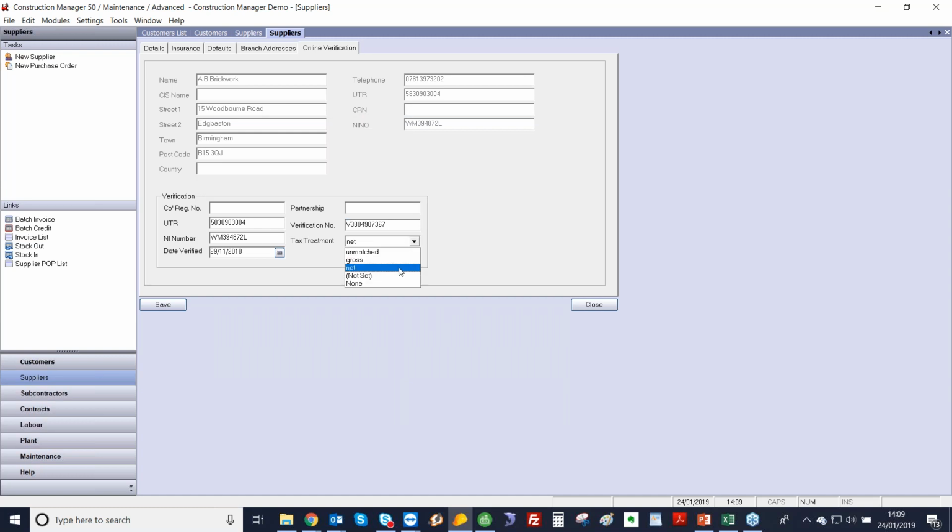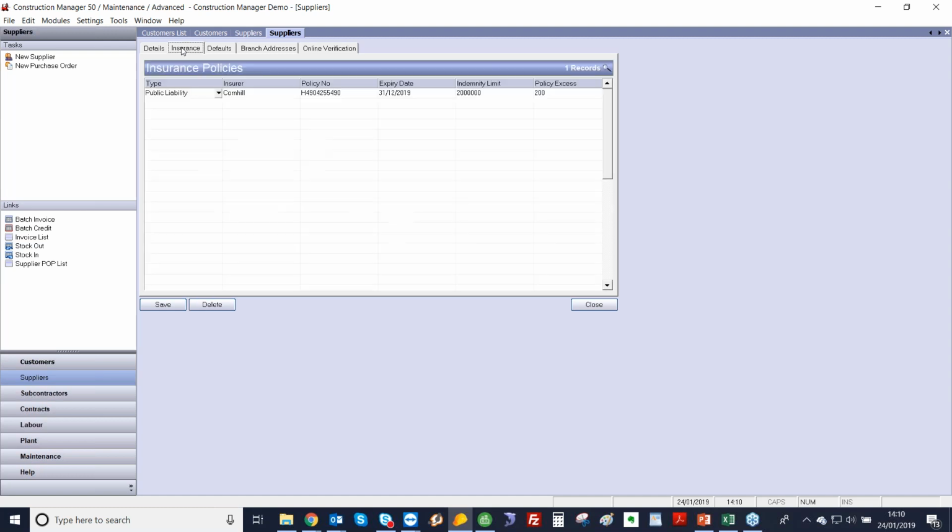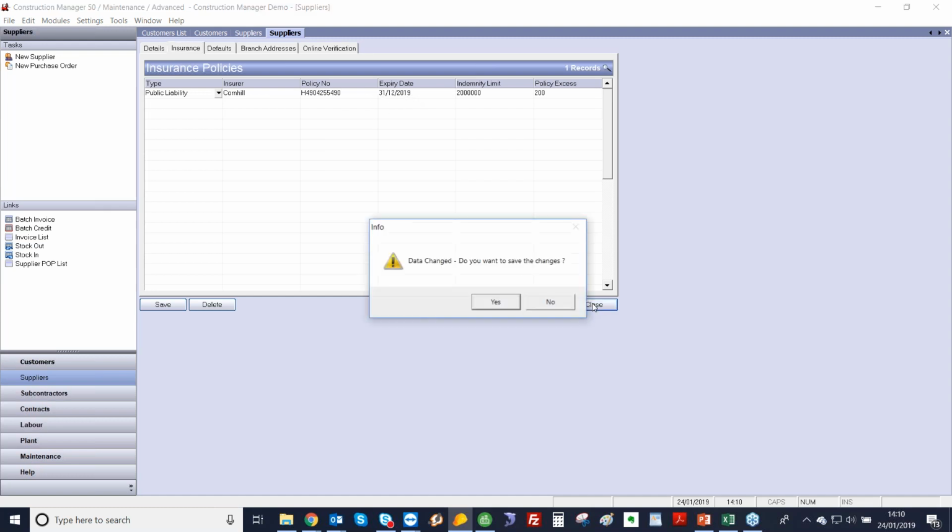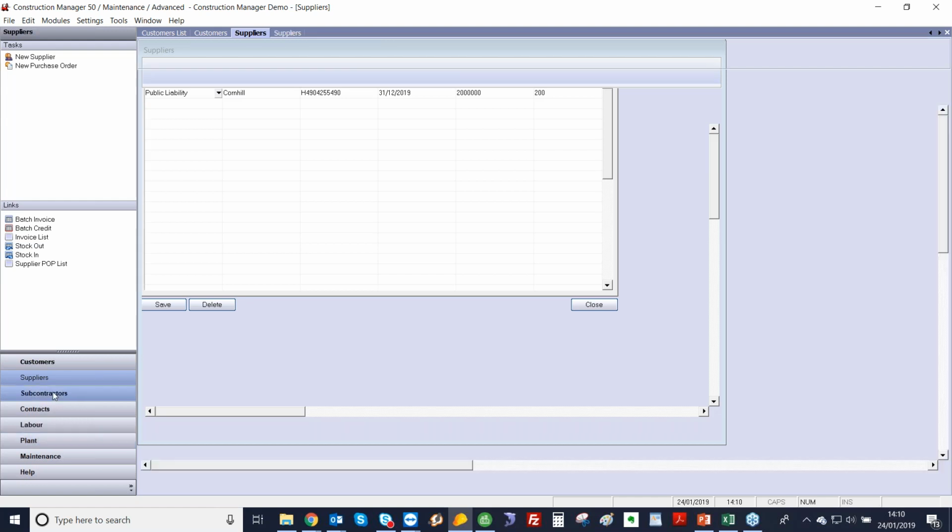And then the tax treatment, so whether it's net, gross or unmatched, unmatched being 30%. And also we do have a none. So if they're not part of the CIS scheme, you can still track them as a subcontractor and use all the functionality of that, but they won't appear on your CIS return. We've also got an insurance tab as well. Here I've just got some public or employer's liability, and basically we can track the expiry date so that when we go on to our subcontractor module,